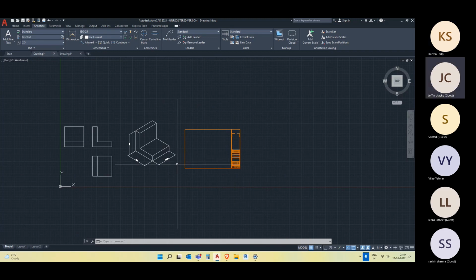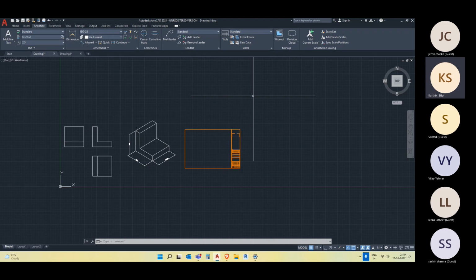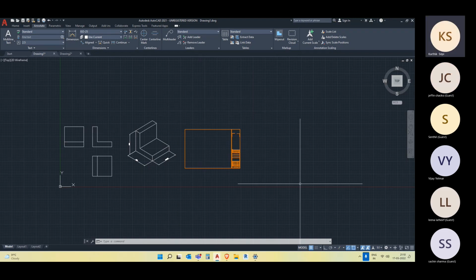Yeah. No, once more, please. My correction was lost. Once more. Okay. I was explaining about the title block, what a title block is, and how you can